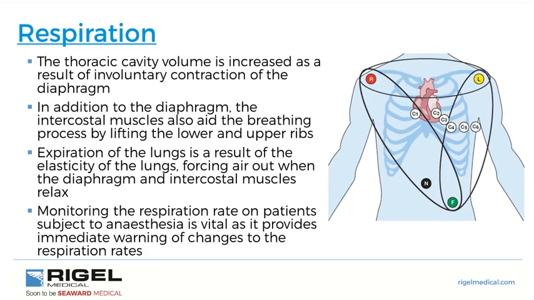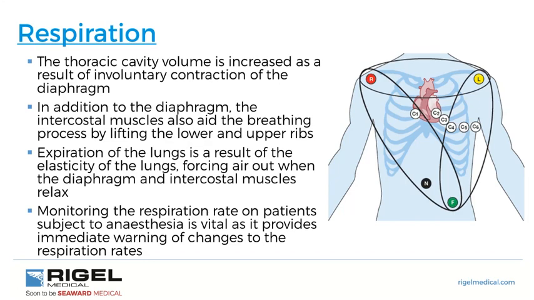Expiration is a result of the lungs just going out a bit, forcing air out when the diaphragm and the intercostal muscles relax. Monitoring the respiration rate on patients is pretty much vital during surgery